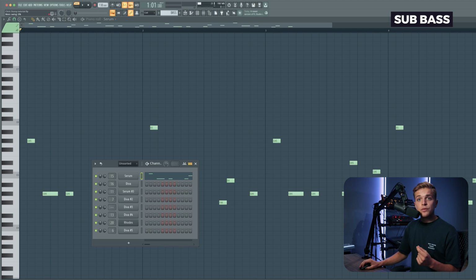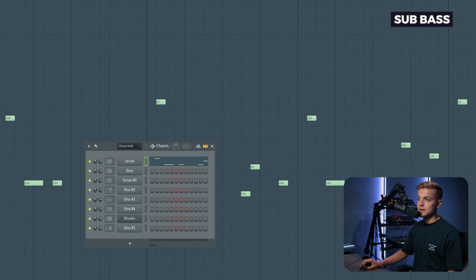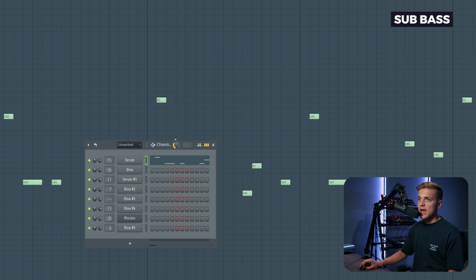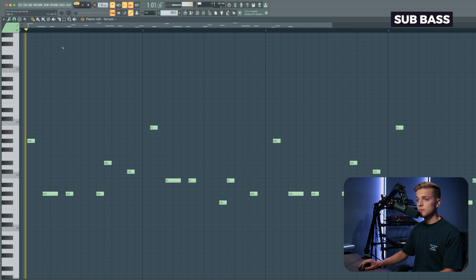To make it even more groovy, you can go here into your pattern section and give your project some swing. This is the main swing button, and I would suggest to put it to 30 or 40% to really get that swingy sound. So then it will sound like this. Very subtle, however just a little bit more groovy when you layer it with the other elements like the kick,